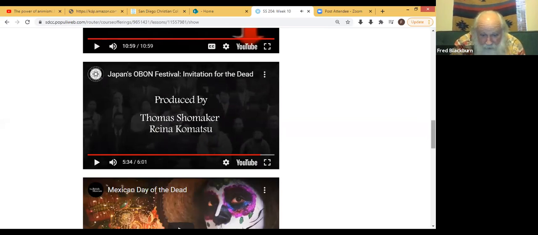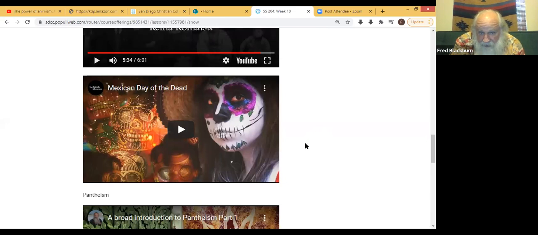All right, this next one is from Mexican Day of the Dead. And if you saw that, is it Disney that did Coco? Whoever did the cartoon Coco, it's about the Day of the Dead, and it follows right along with the idea that as long as someone is known or remembered or celebrated, they have a vital life in that living dead place. But once no one remembers you, you begin to fade and you transition to that next stage. And I thought they did a really great job portraying that in the movie Coco.